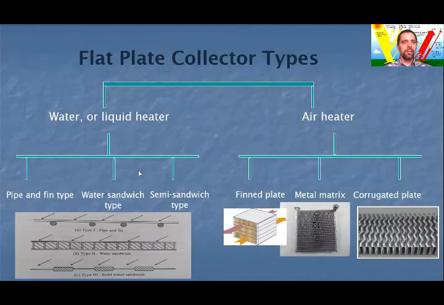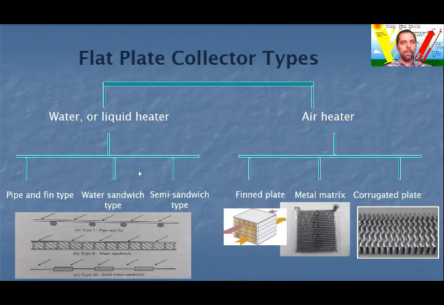There are different flat plate collector types. In this slide, I collected them. As I said before, the solar heating system can operate with heated fluid or with air. According to this, we can divide the systems. The two main categories can be more subdivided, but the exact structure of the pipes in the collectors is beyond this course, so I just mentioned them.